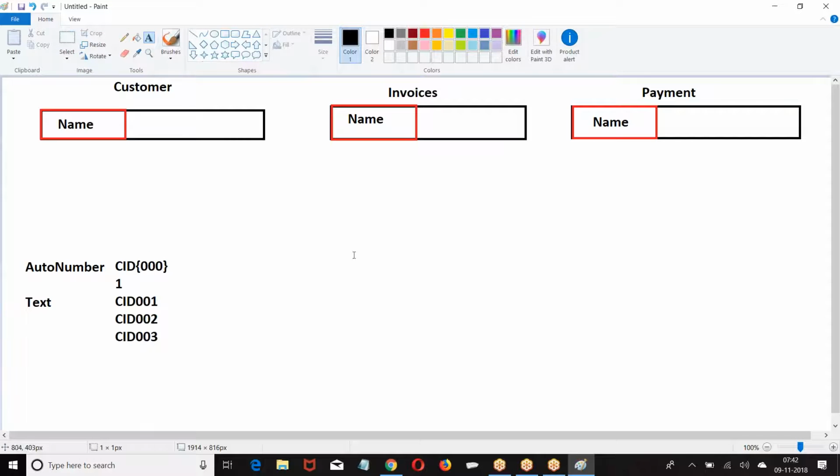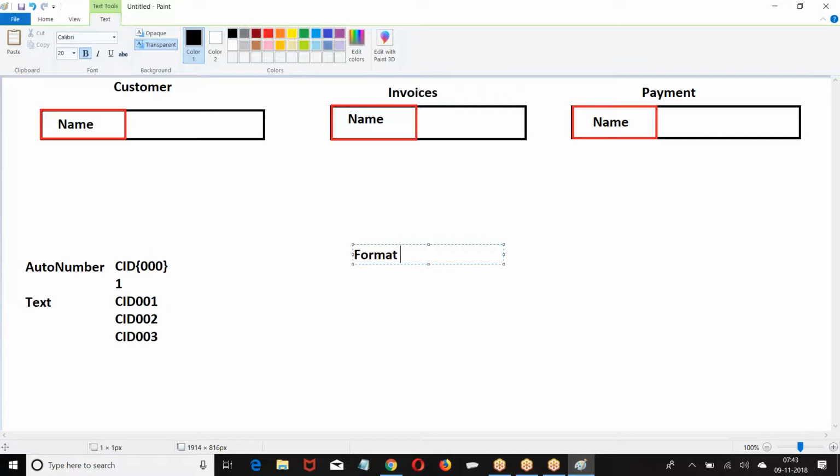You tell me the format, and the system will automatically generate it. Invoice, month, I gave this format, so the system will automatically generate the number.